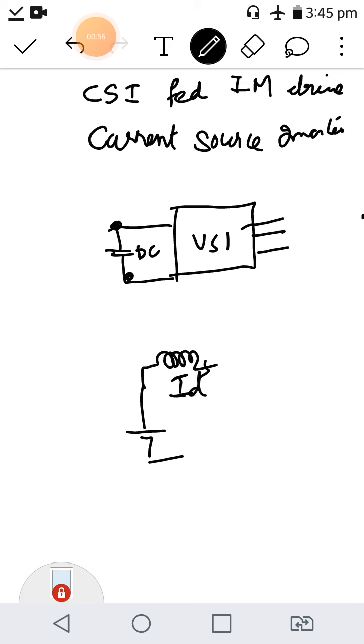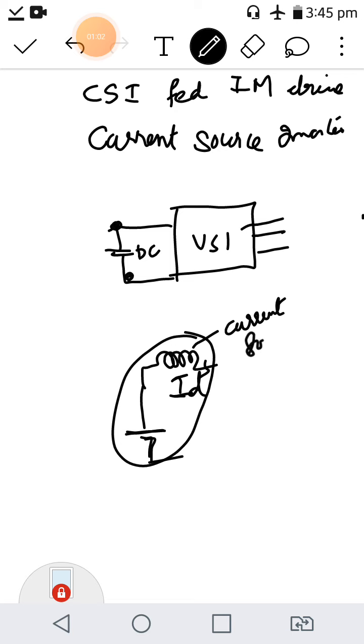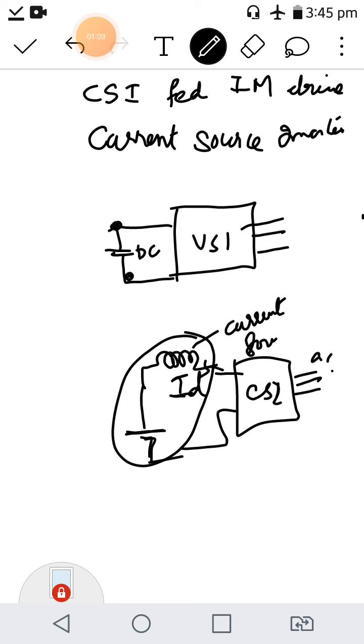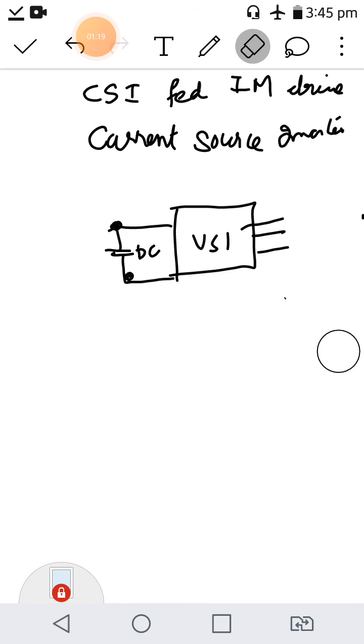This DC source along with this inductor acts as a current source, and again it is connected to these switches, and at the output you are expecting an AC output voltage. This is CSI. Now let's see the induction motor which is fed from current source inverters.